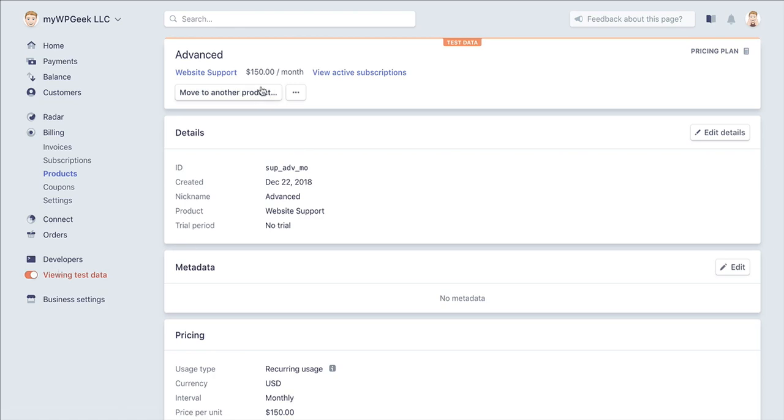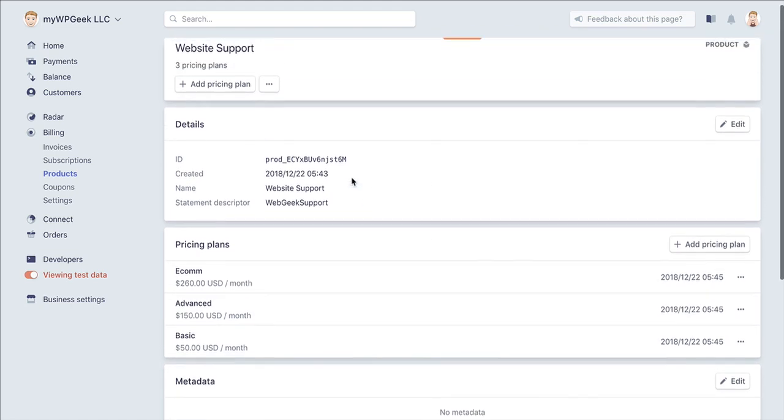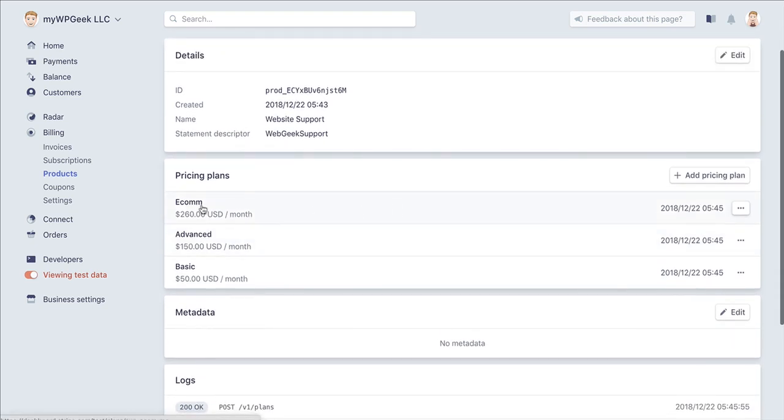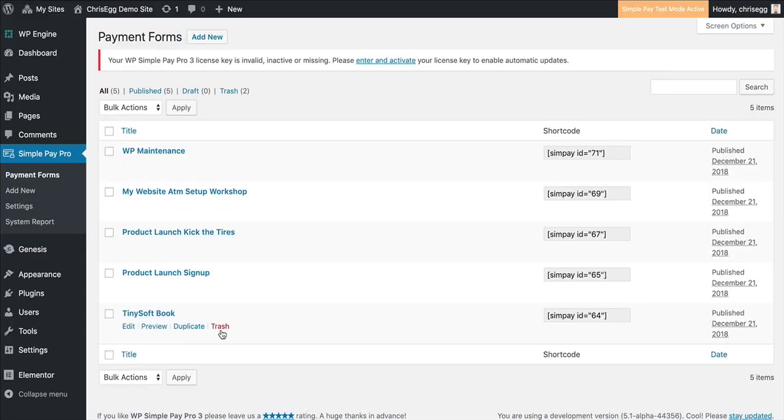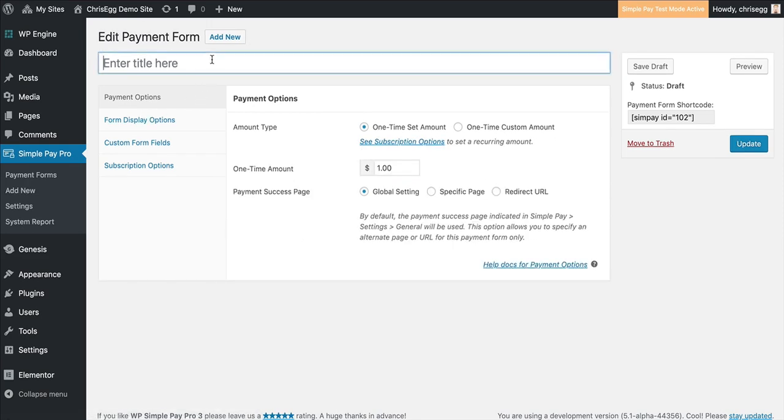I'm going back over to test, and we're going to get this set up in the WP Simple Pay plugin. So I'm here in the product that I want, and I'm going to start with the basic one. In the WordPress admin, you go to WP Simple Pay, then payment forms, and add new. We already did this with a one-time payment product, but we're doing subscriptions now. So we're going to start with basic plan,